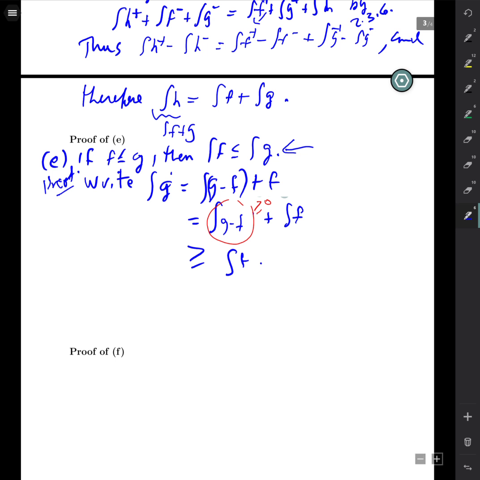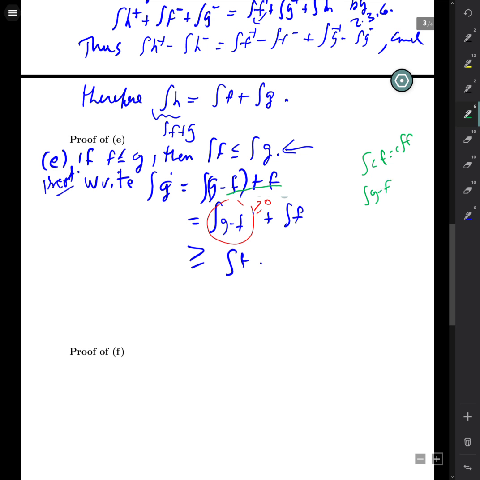We'll first of all write g as g minus f plus f, and the reason this is helpful is because g minus f is non-negative and measurable. And by part B, g minus f is also integrable. That's part D applied along with B, where B says the integral of c times f is c times the integral of f. And basically that means that the integral of g minus f,